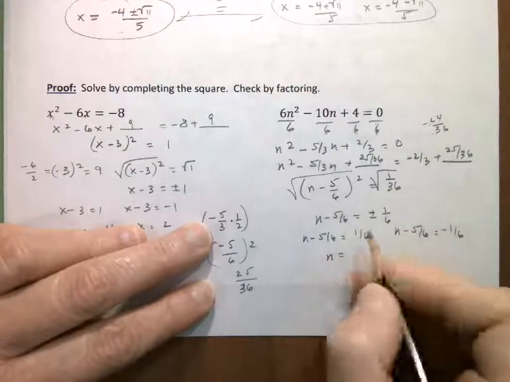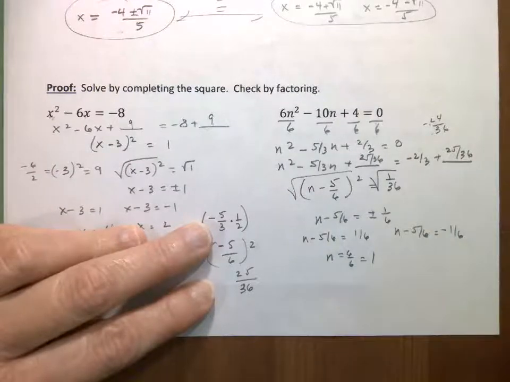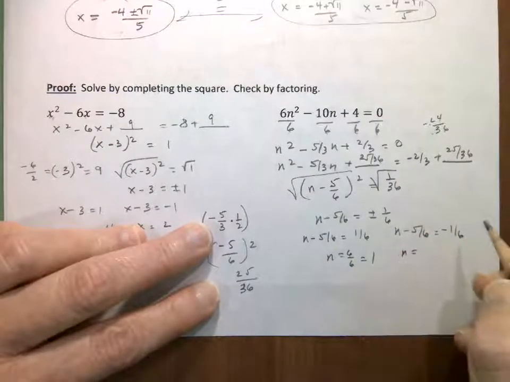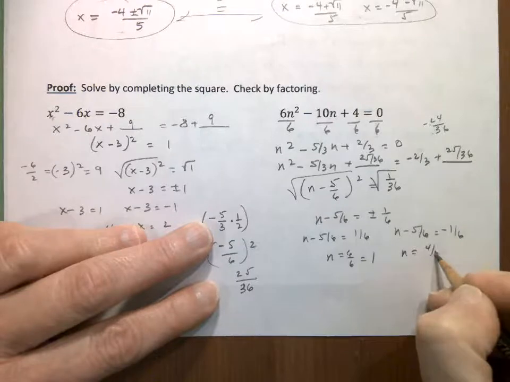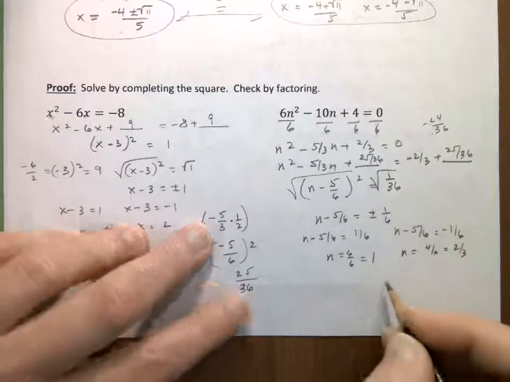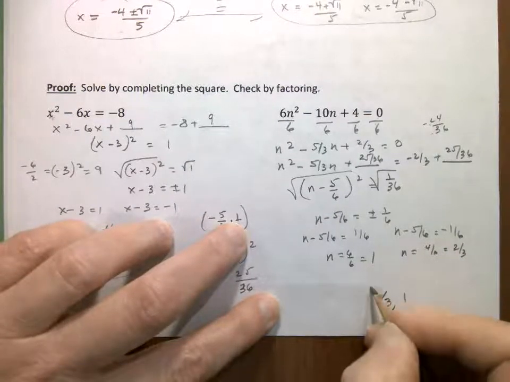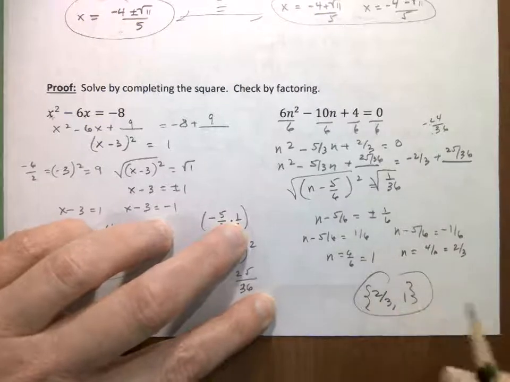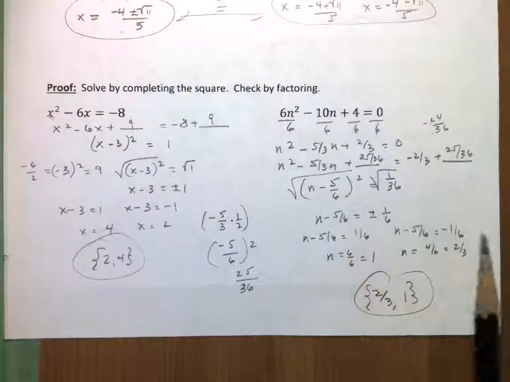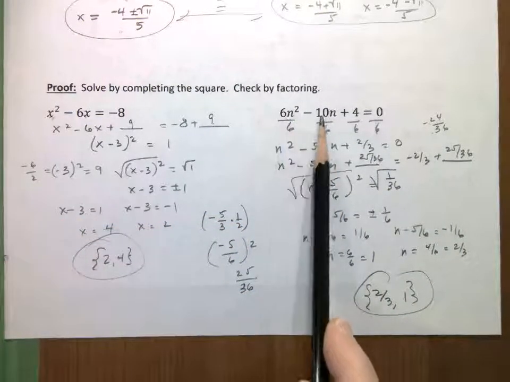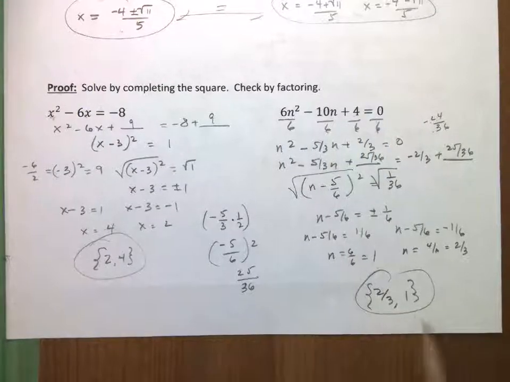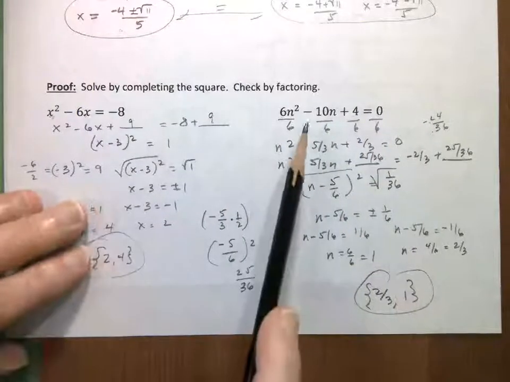So n is equal to 6 over 6, which is 1. Or n is equal to 4 over 6, which is 2/3. So I have 2/3 and 1. And if I plug them back in, it'll work. So 6 minus 10 is negative 4 plus 4 is 0. So that's the 1. If I plug in the 2/3,